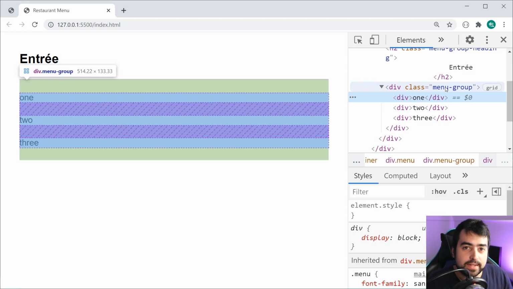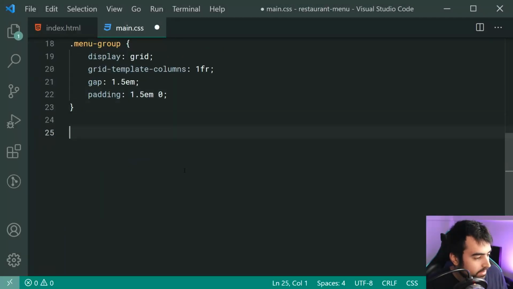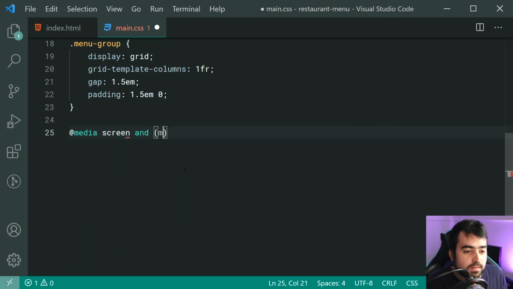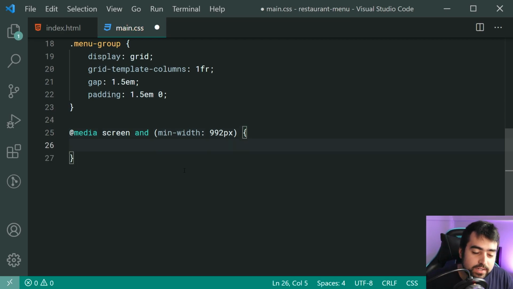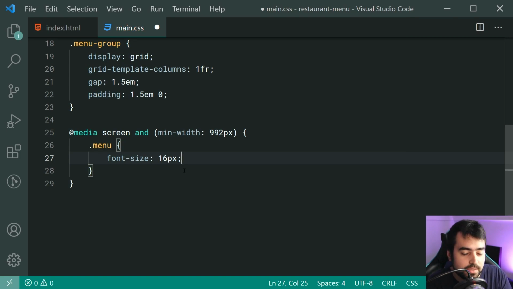Let's have a look now at the actual dual column layout. So for the 2-column layout, let's go back inside here. We're going to target, okay, we're going to say @media screen and then min-width something like 992px. Basically, if the screen is more than 992px in size, then we're going to apply the desktop styles. So we're going to firstly target the menu, and we're going to set the font size here to be 16px. Once again, just setting that base font size to be larger on the larger displays,